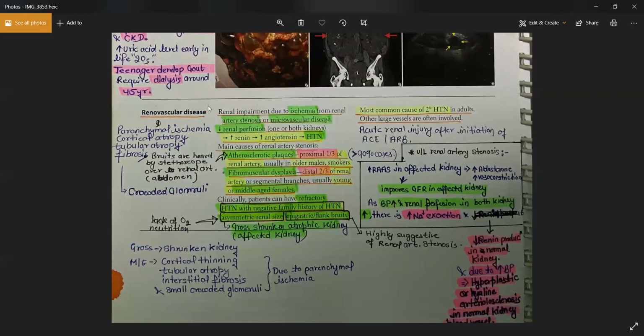Then you have the renovascular disease, in which you're having a stenosis in the renal artery, and as a result, it cannot perfuse your kidney, and you'll be having ischemia and necrosis of the kidney. Whenever the renal perfusion decreases, you'll be having an activation of RAS because of baroreceptors found on the afferent arterioles, remember? So because of RAS, you'll be having hypertension also.